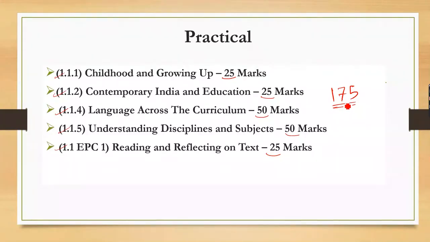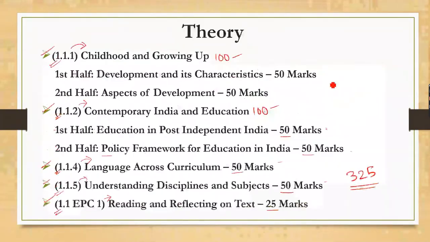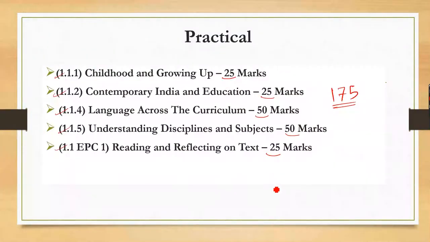So 175 marks of practical examination, 325 marks of theory examination. So total it's going to be 500. So dear students, your total marks for first semester examination is going to be 500. So these were your courses for first semester, and also the division of marks as per theory examination and practical